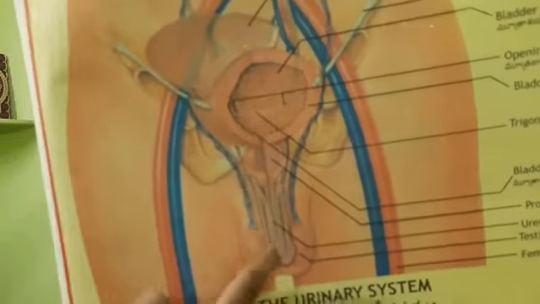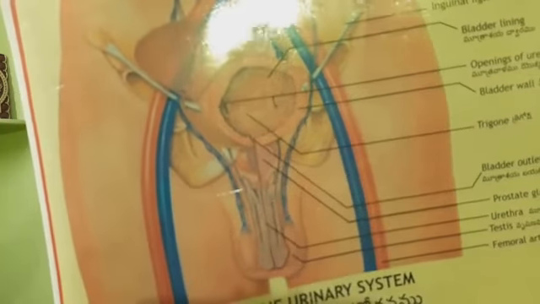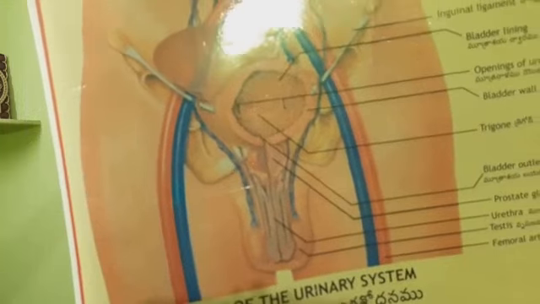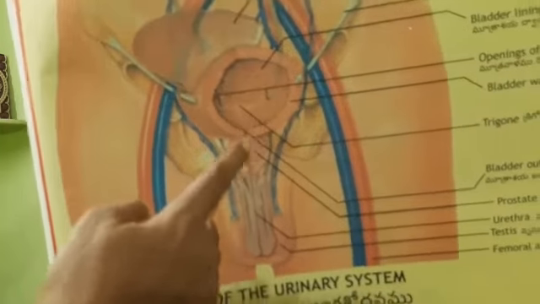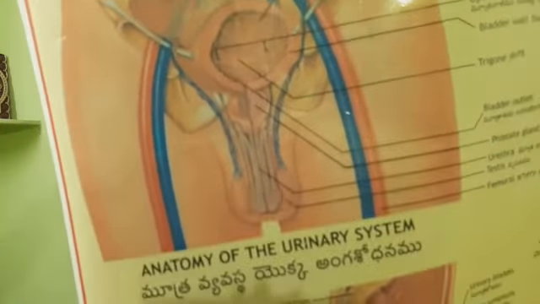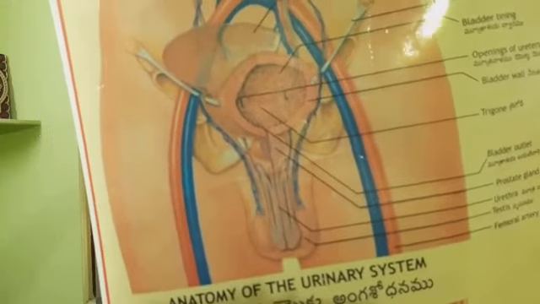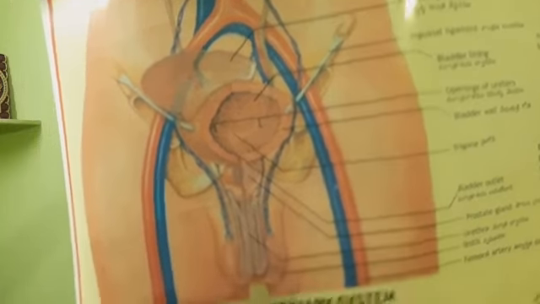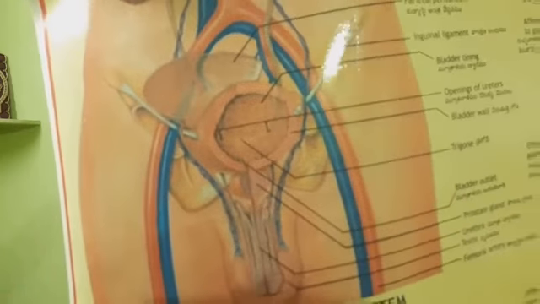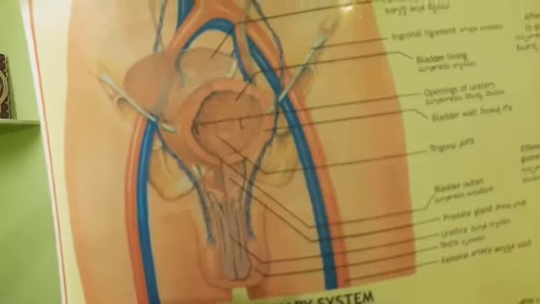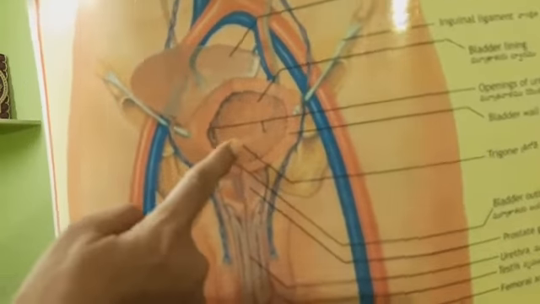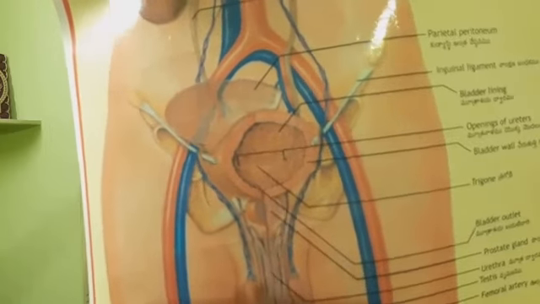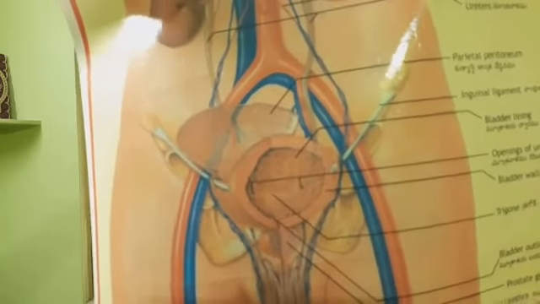Okay, so this urethra is approximately 4 centimeters long in the females, whereas 20 centimeters long in the males. And one more thing is that in the males it is a common opening for the reproductive organ as well as the excretory organ. That's why we call this the urinogenital duct. Duct is the passage through which the urine would be passed. So it is approximately 20 centimeters long in the males, whereas in the females it is only 4 centimeters long.